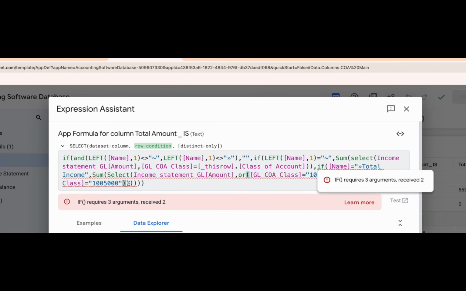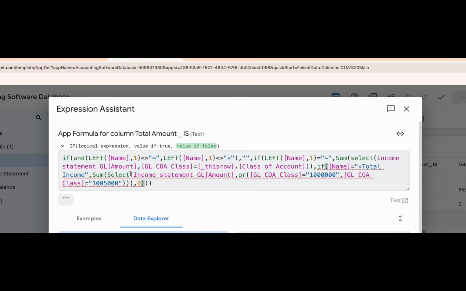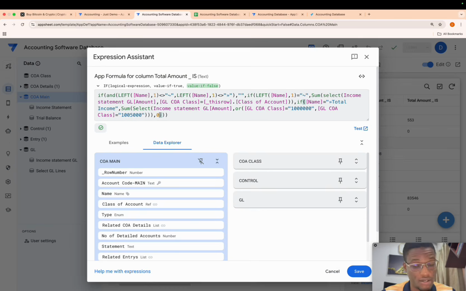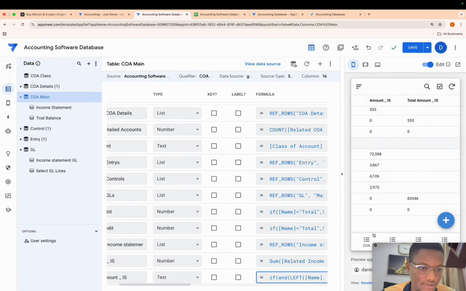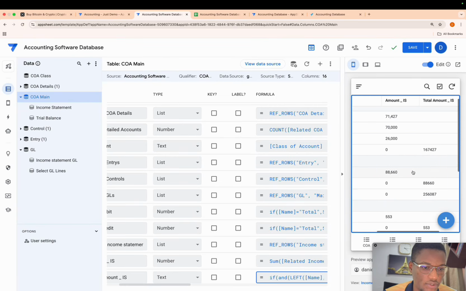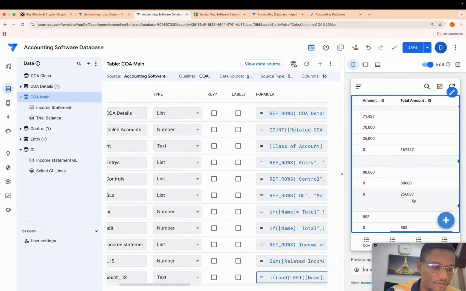Good. So over here, we need to bring in 0. This 0 represents those that have not been calculated yet. Let's click save and see how that shows. Good. So over here, you see now we have total income, which should be a sum of this guy and that, which looks fairly right. When I added the figures, 16,167 and then 88,000, I think it should be 256. We'll validate that to make sure it's right.